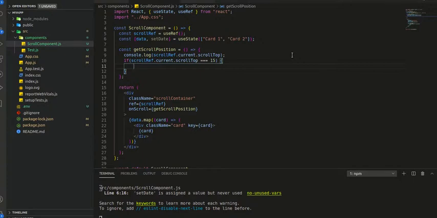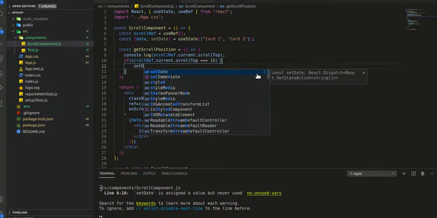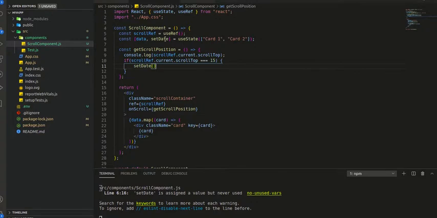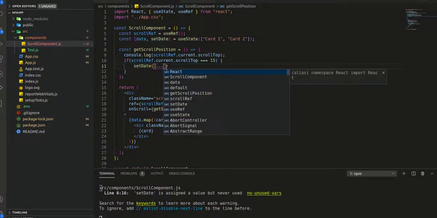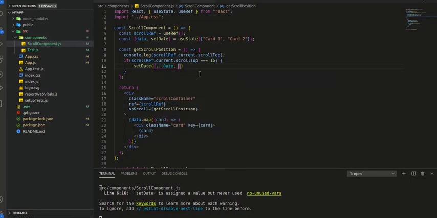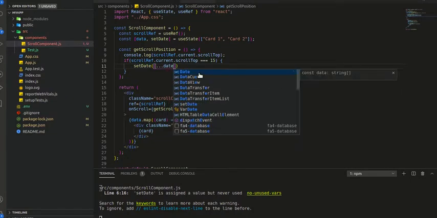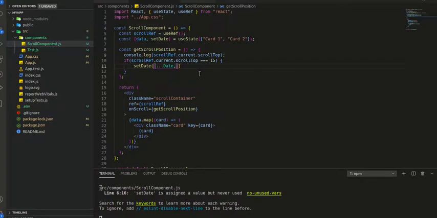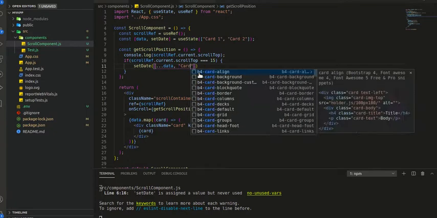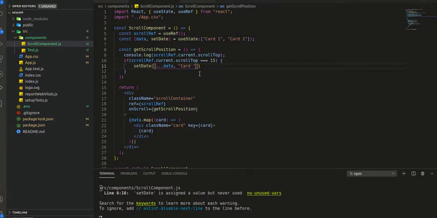So then what we will do is we will set our data, which is our array, and we will copy the previous data as it is, and for the third card, what we will do is card. So we want the card number 3.